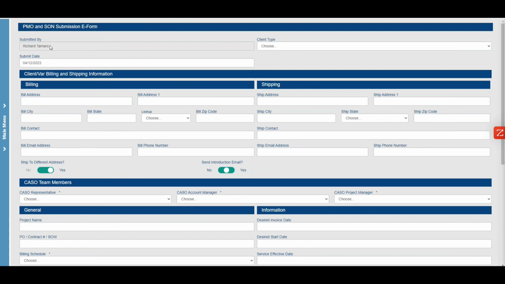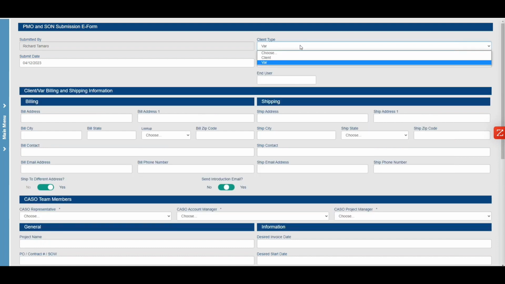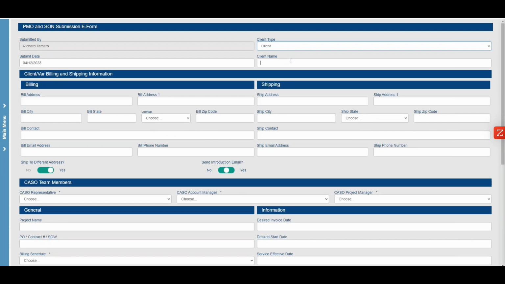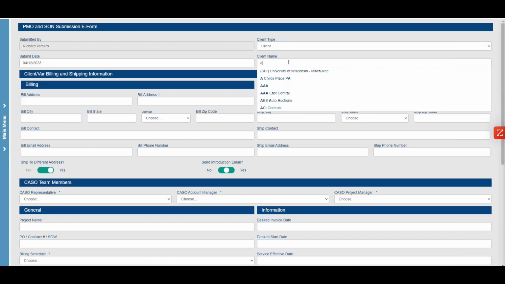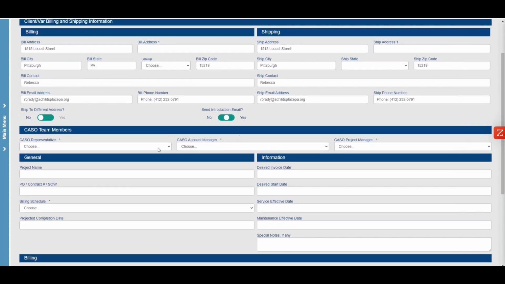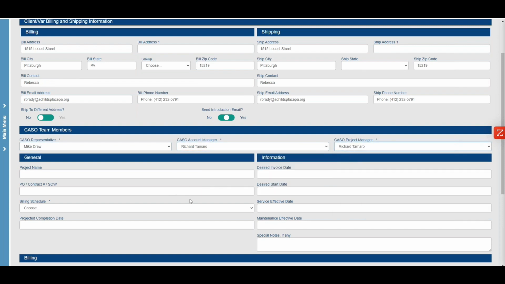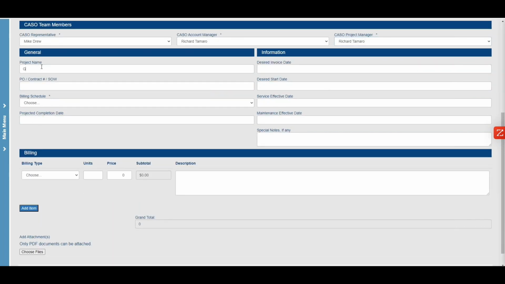It automatically identified Richard Tamaro and the submission date on when this was going to be created. And if I say I'm doing a project for a client, or if I do it through a reseller, those are people that resell our software, and I say it's going to be client, and let's say it's a child's place. I go across, I start grabbing in my data. Is it billed to a different entity? No, it's not. So I grab my billing and my shipping. I can choose my account managers, my project managers,